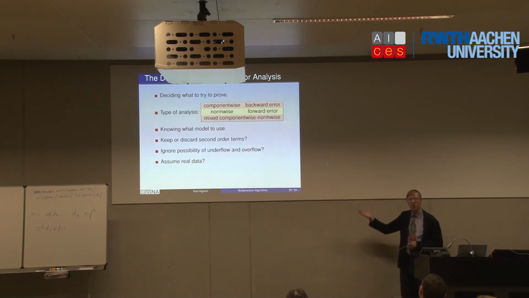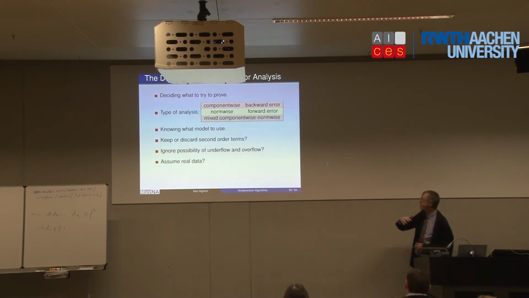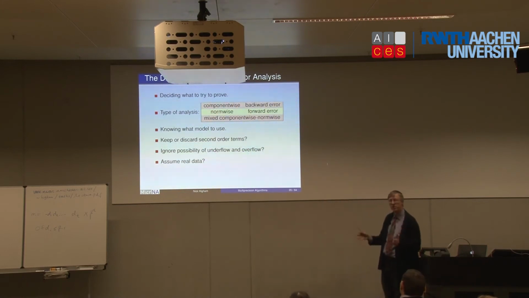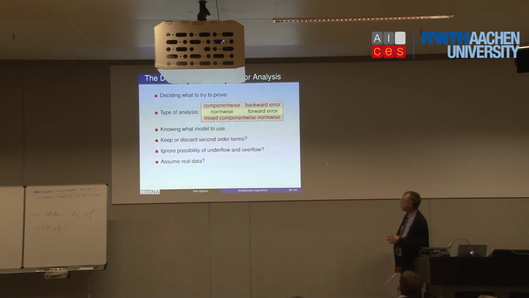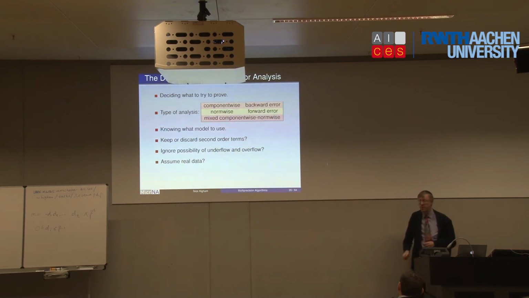We've got forward errors. Forward error just means the final result minus the correct one. Backward error, the Wilkinson thing of throwing the error onto the data. And we've got mixed component-wise, norm-wise, where you have a combination of those two things. So when you start out analysing an algorithm, you've got to choose your components from that table as to what type of analysis you want to do and decide what you want to prove. And that's often the hardest part, deciding what you want to prove or what can be proved.